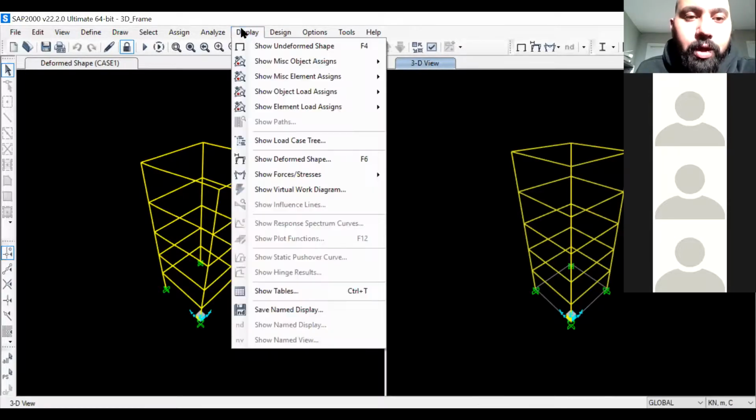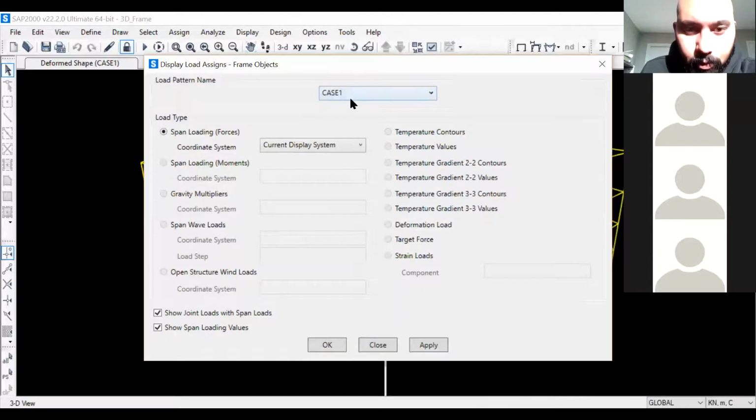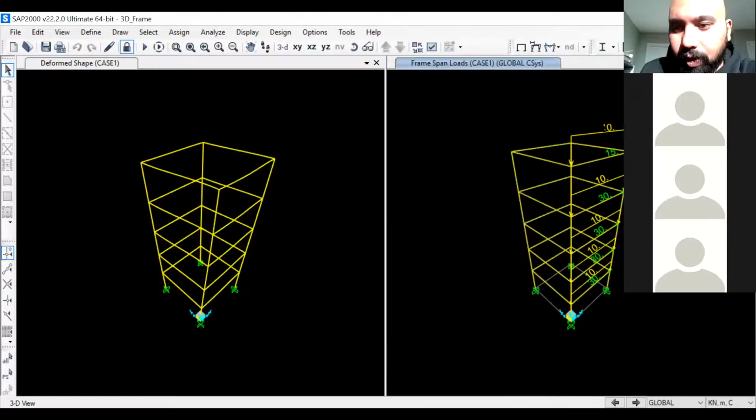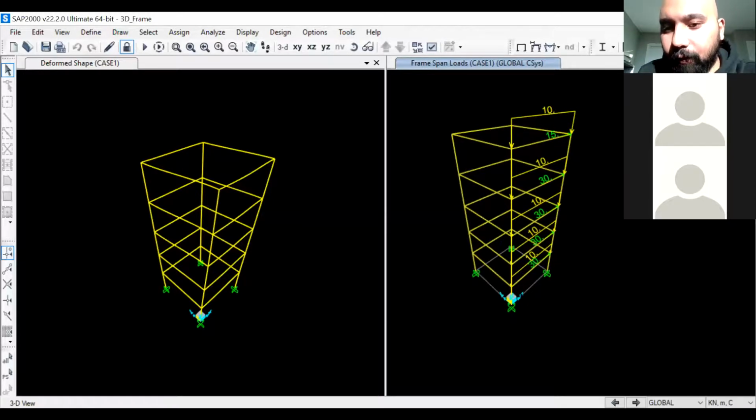So you can just go to the display tab, and then from display, show object load assignment. We'll go for frame. This is case 1. We'll press apply. I have so many tabs at the same time. So you can see here, this is the load assignment that we have for this specific part for case 1,